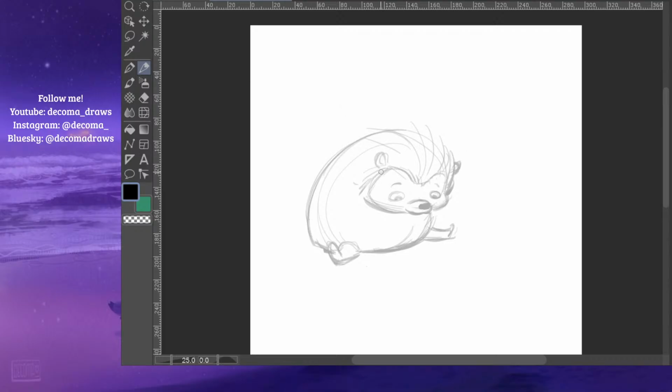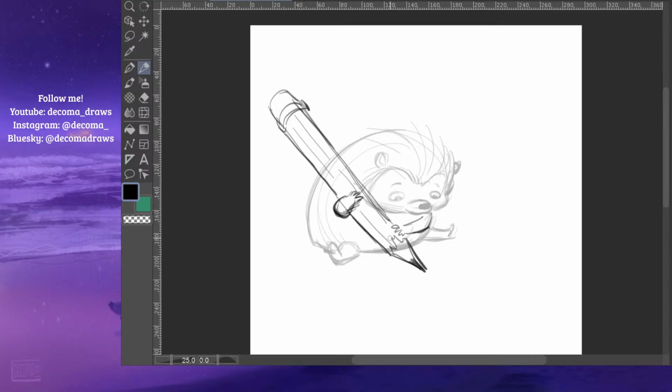Okay, pencil. It's a big pencil. And how would you hold this pencil? You'd have your whole arm around it, right? It'd be like... And then little fingies here. Something like that. Okay, and now a piece of paper. A piece of paper would be like...